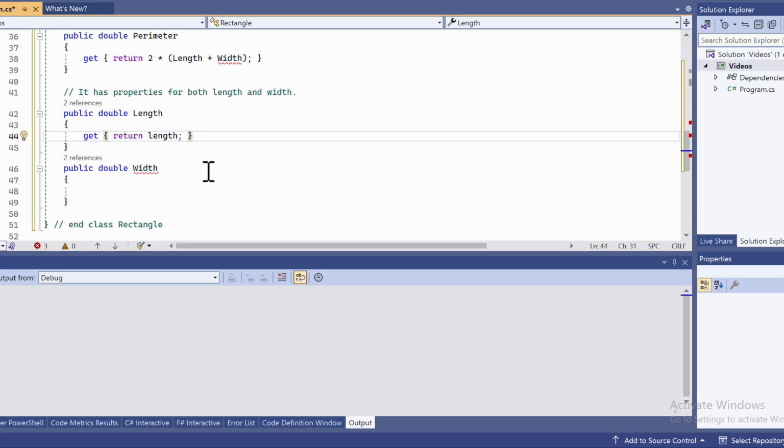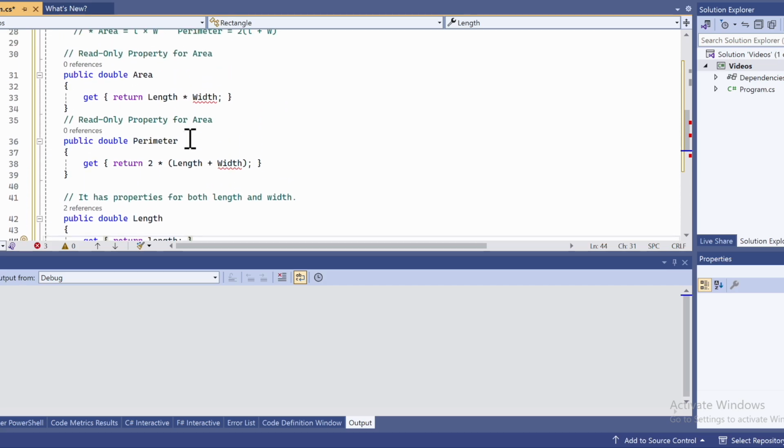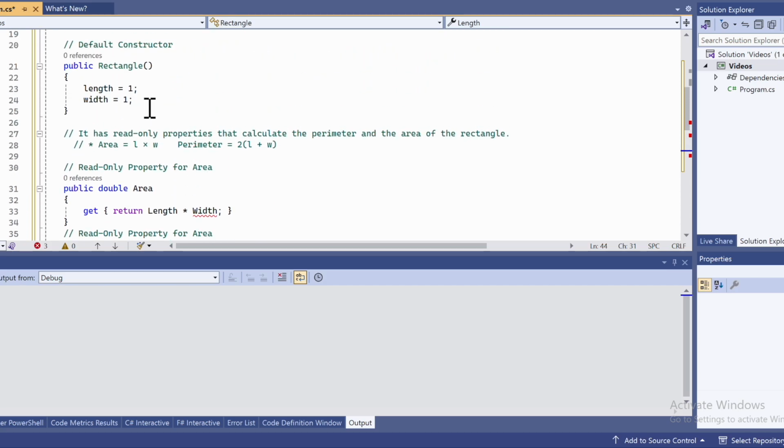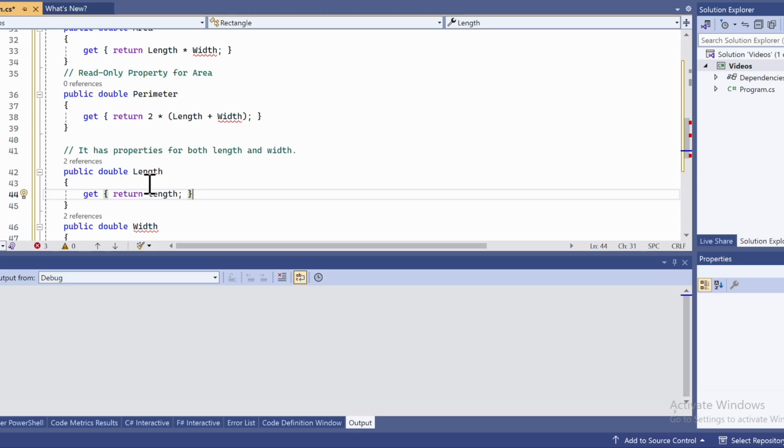So again, we're getting this value of the private field length, not right here where we're creating the property of length. We're getting the private field length, so it's not capital. All right, now what we want to do is we want the setter